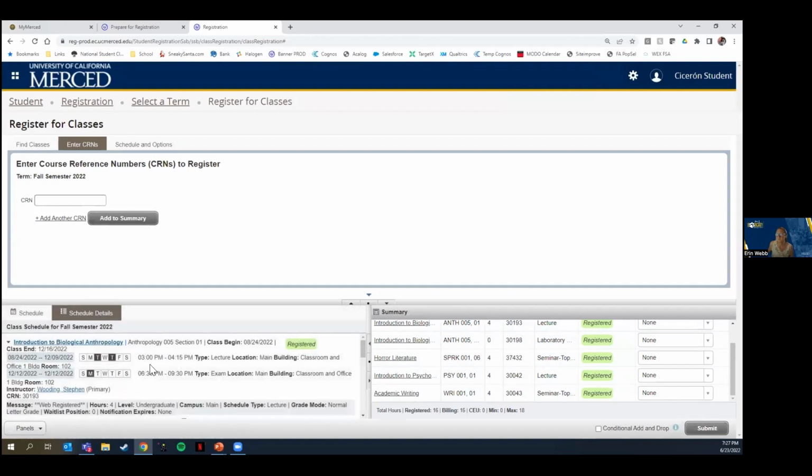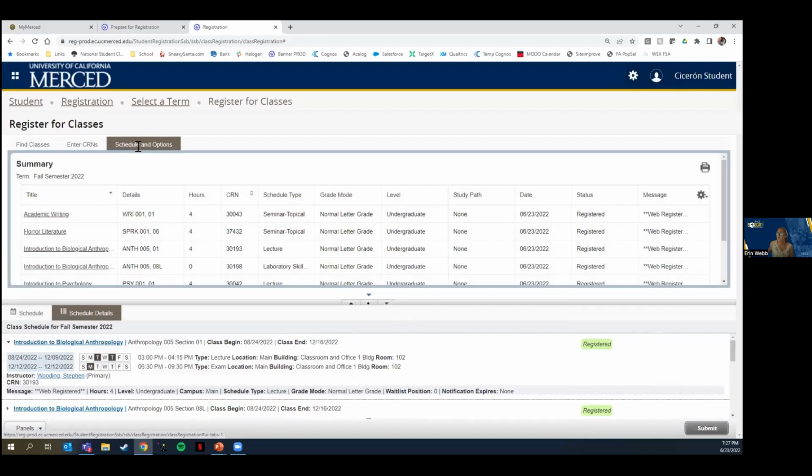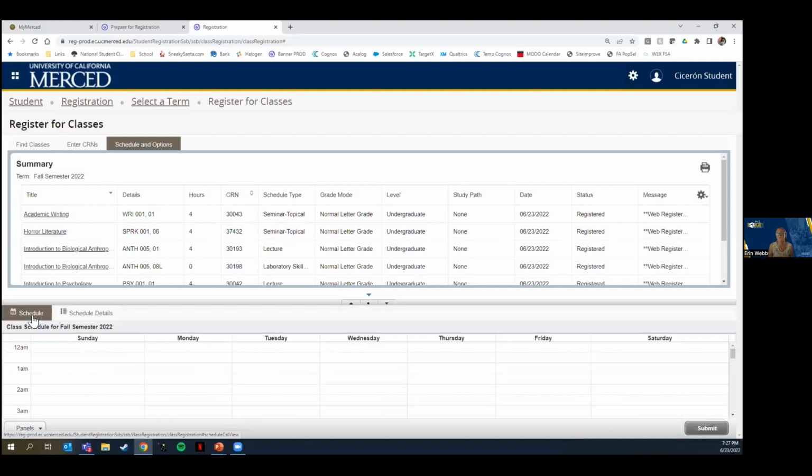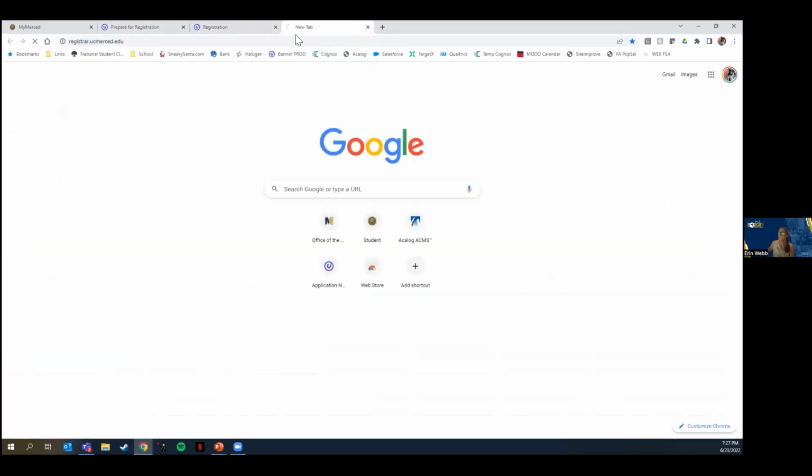You can look up scheduled details, which provide the details, and look up different details in this view as well. So there's lots of different options. So once you're registered in classes, you can get in there and kind of play around. But that is the registration process, which is pretty easy. I wanted to point you to a few more resources before I try to jump back into the planner to see, hopefully it's working. On the registrar's website,